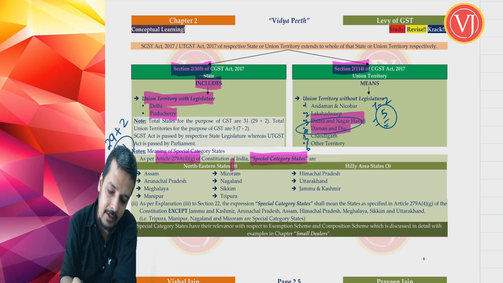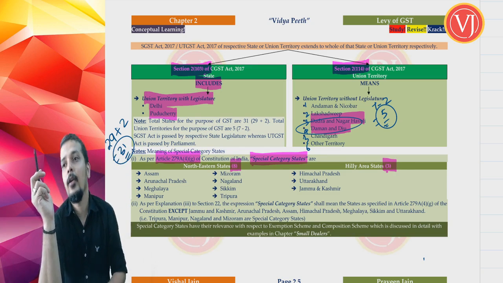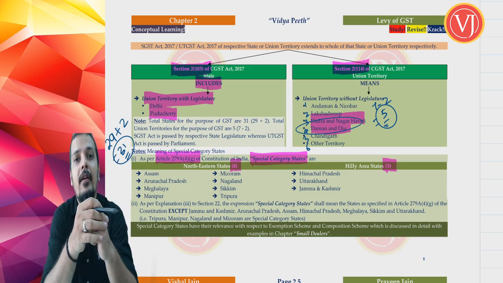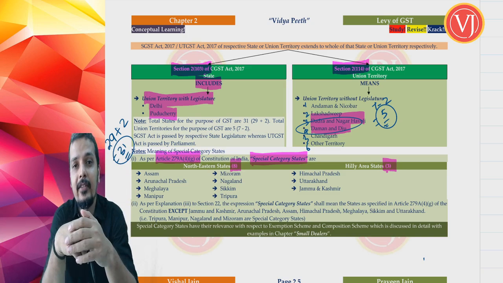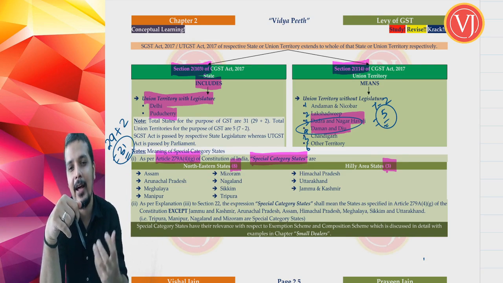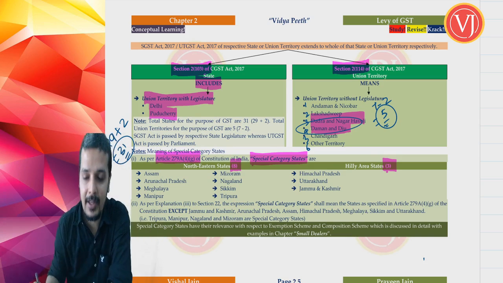Now, how to remember that? We are going to go with mathematics. Friends, I don't know how many of you are in love with mathematics, but my love, though it is indirect taxation, my first crush was always mathematics. So we are going to discuss basic mathematics here and there. So please cope with that.